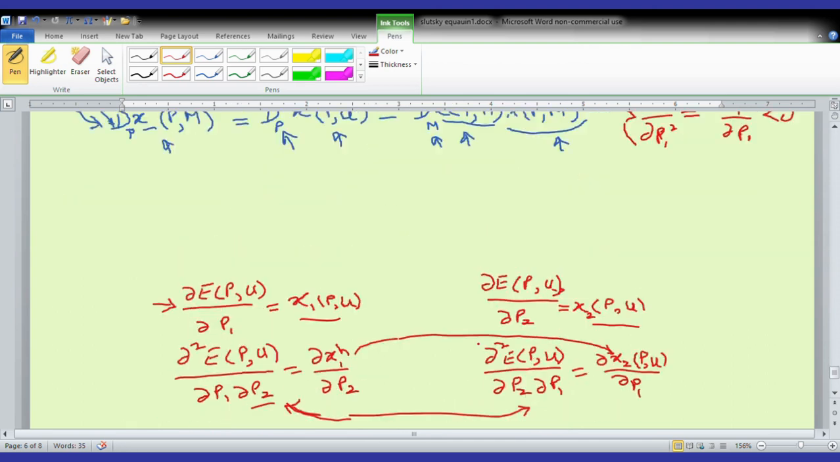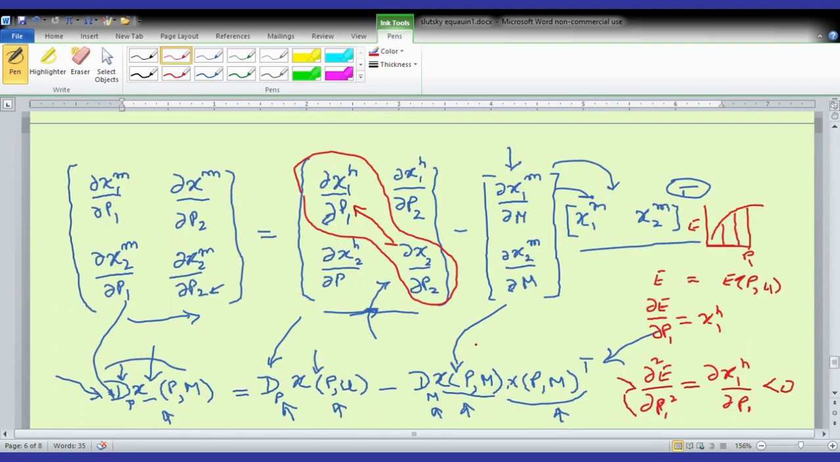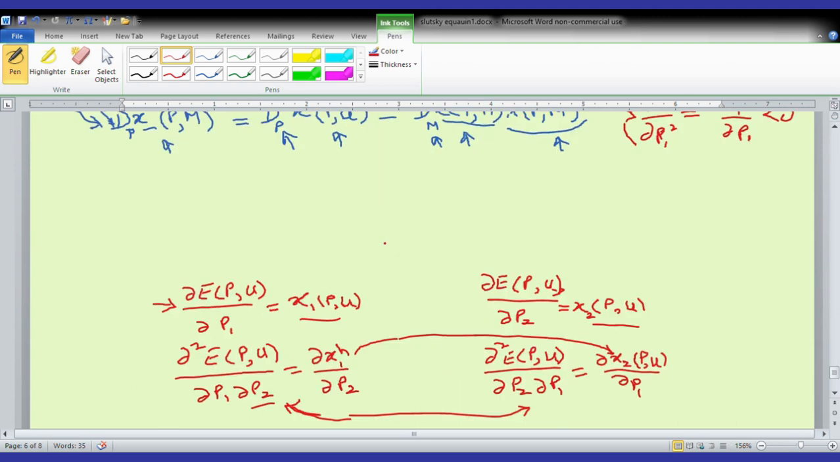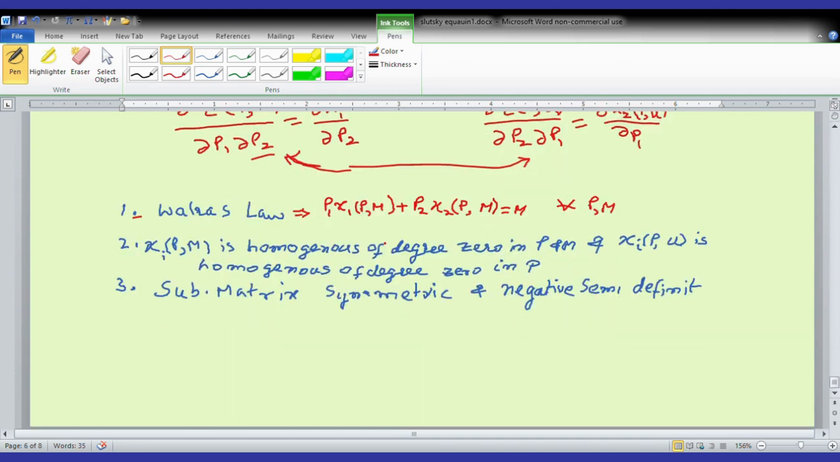And this is something that is true about the substitution matrix. So in total, we can say that this substitution matrix is negative semi-definite and symmetric. That is, all the own substitution effects are negative, and the cross substitution effects are symmetric. So we then summarize our conclusions here in terms of these three points. One is the